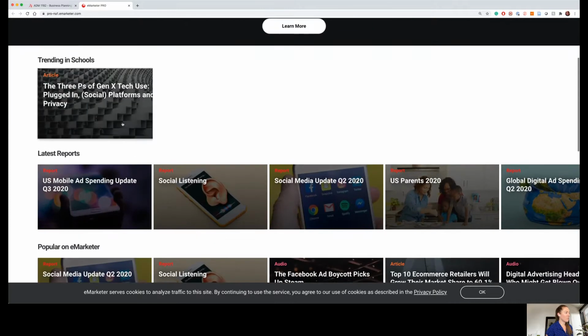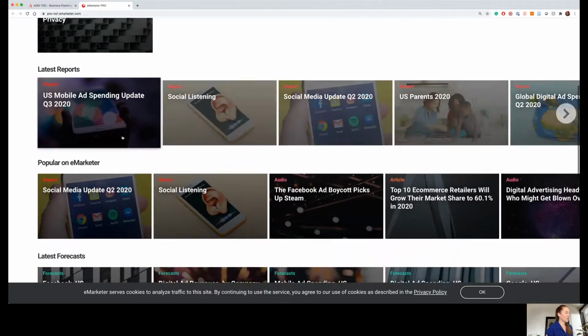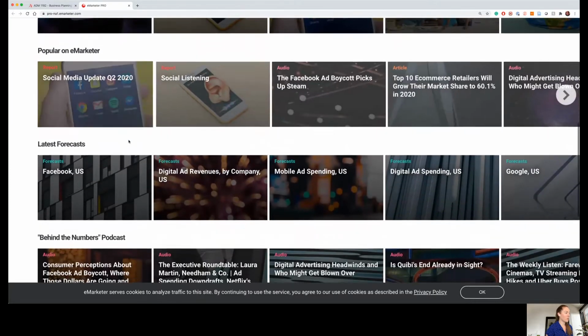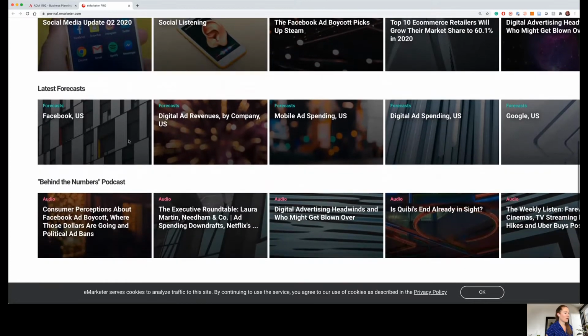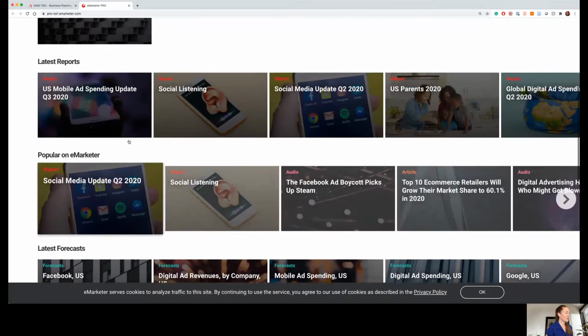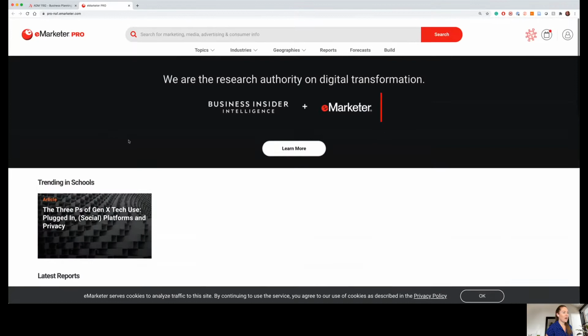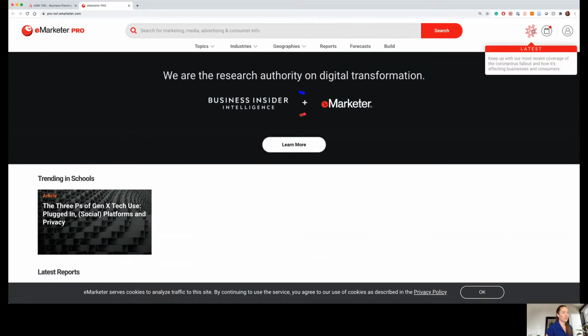They've got some trending information, their latest reports, some popular reports that have been published. So if you see anything interesting here, click away and start reading. They also have, as you can see here, some research related to COVID-19. So you could take a look there to see if there's anything that's been published related to what you're working